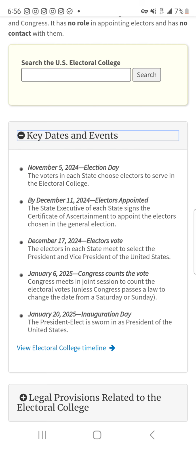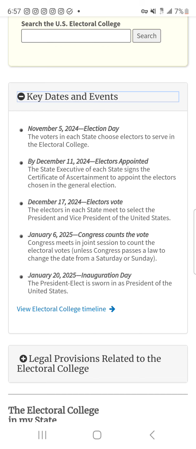Okay, anyway. December 11th is when the state executive of each state signs the certificate of ascertainment to appoint the electors. The voters choose the electors. Did you know you were choosing electors to serve in the electoral college? I didn't. I don't remember seeing anybody named there, but anyway,